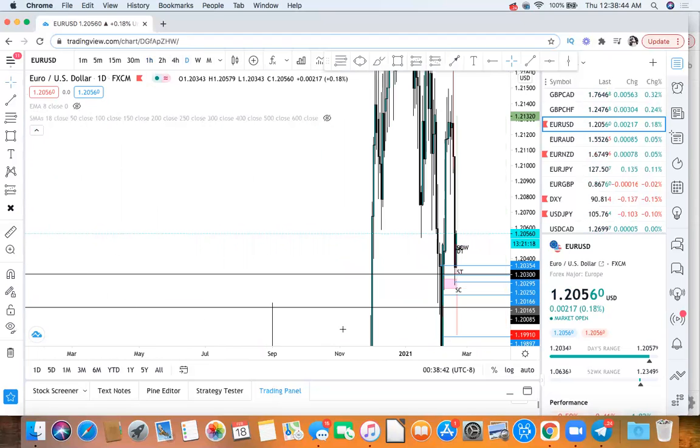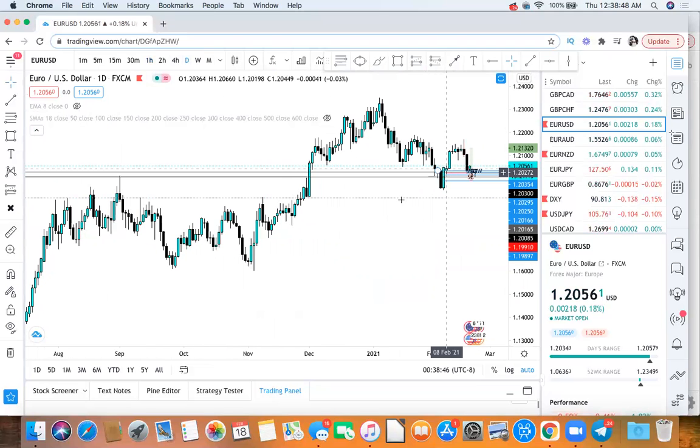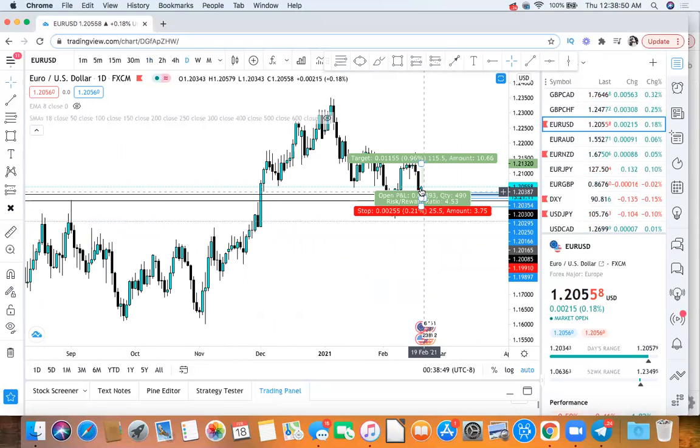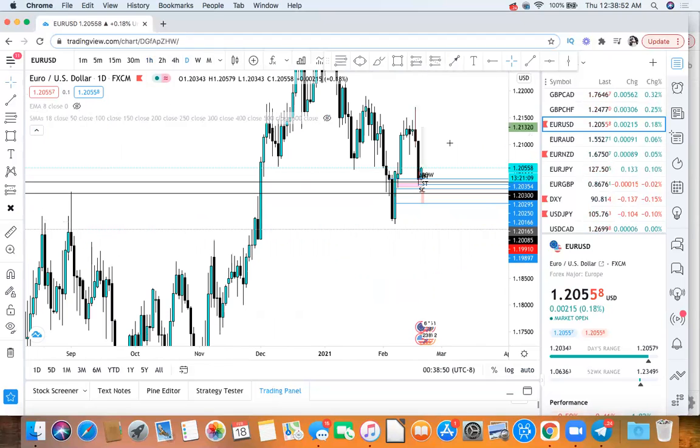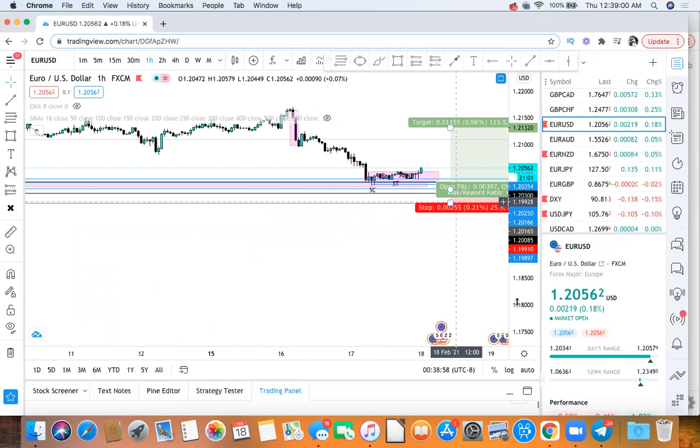I was going to get in for a buy on the daily right when we tested this accumulation price candle opening, which it did, and started forming that rejection to now start spiking to the upside. But I missed out. I forgot about it. That was my bad. Didn't really get in. So right now I'm just waiting for the market to retrace back down and activate our buy limit that we have here,